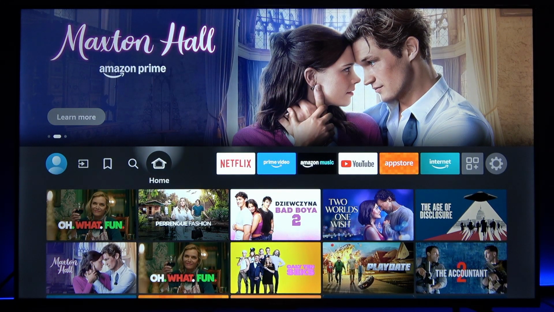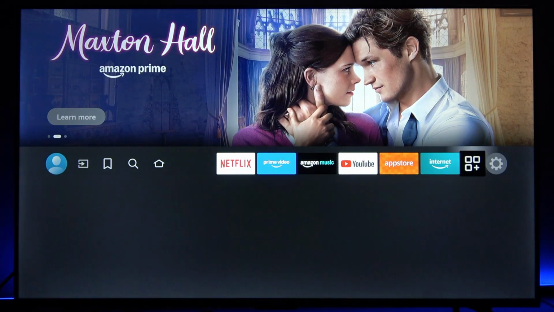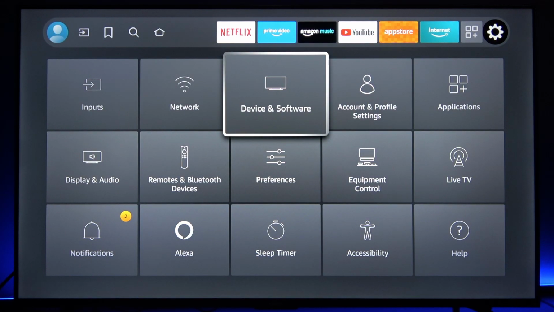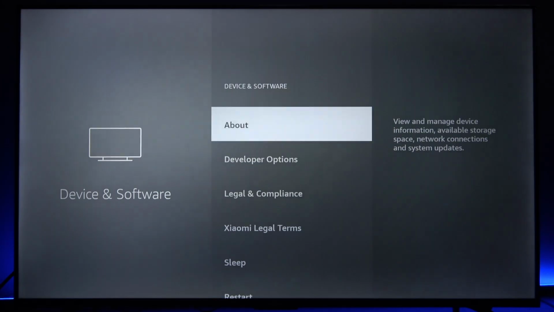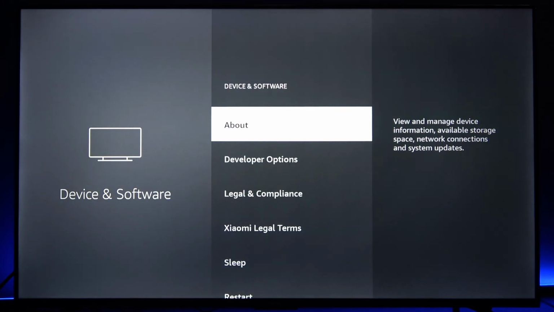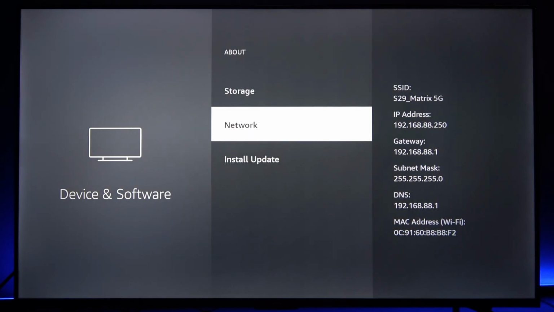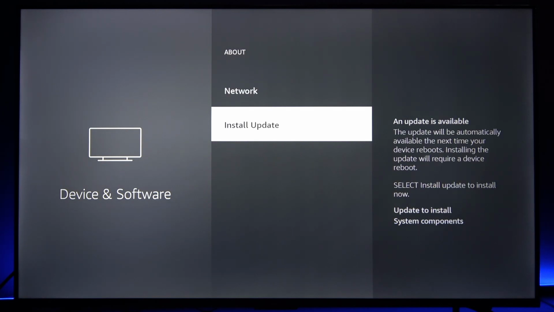To do that, you have to navigate to the Settings menu, and in the Settings menu find the Device and Software tile. Then open it, then go to the About section. Before doing that, also make sure that your device is connected to the internet, which you can check in the Network menu. Just make sure that your device is connected to some kind of network, and after that select Install Update